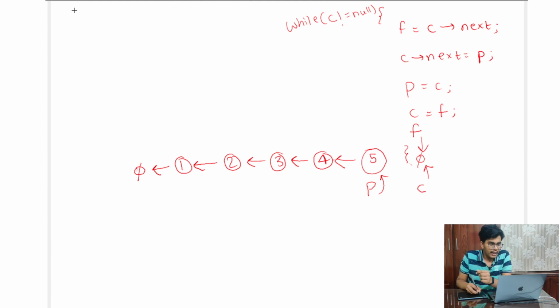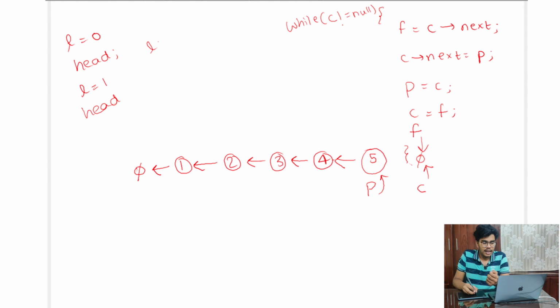So what to do when the length is equal to 0? When the length is equal to 0, you can't perform this forward, current and next thing, right? So you have to return the head, because there's nothing to reverse when the length is 0. There's no head at all, and head is a null pointer, so you'll return head. So you'll return the null pointer itself. When the length of the linked list is 1, that is, you have a single node, then there's nothing to reverse again. So you'll again return the value of head.